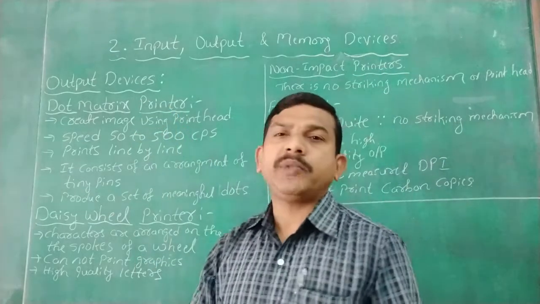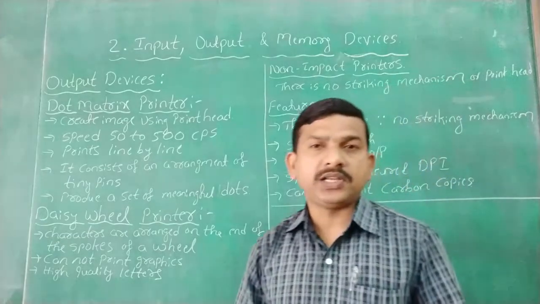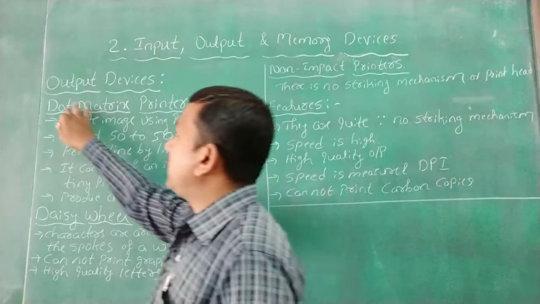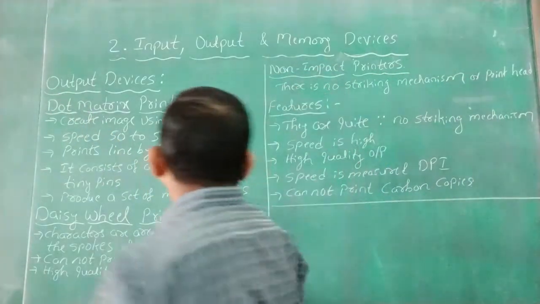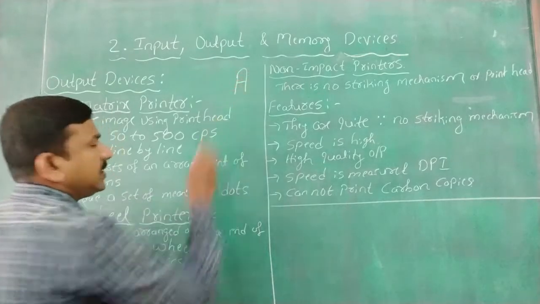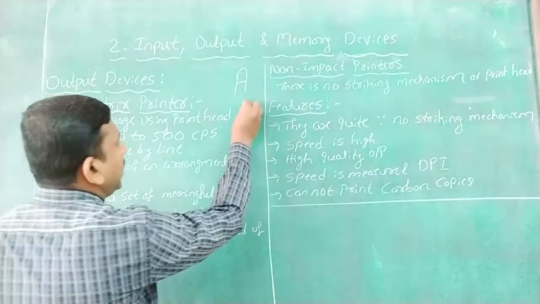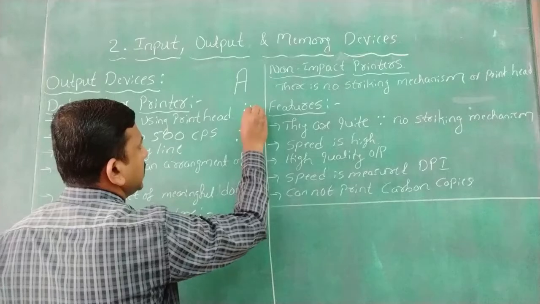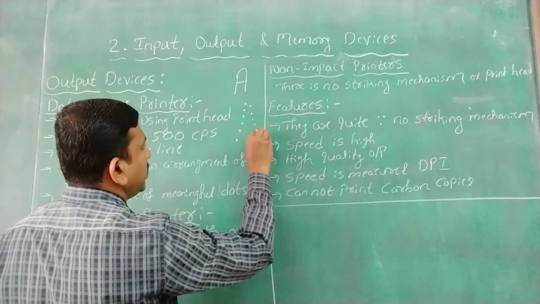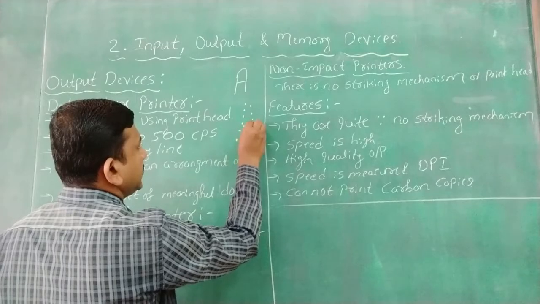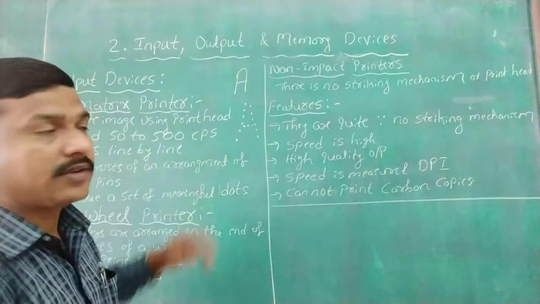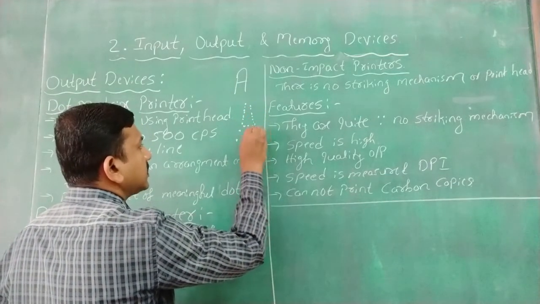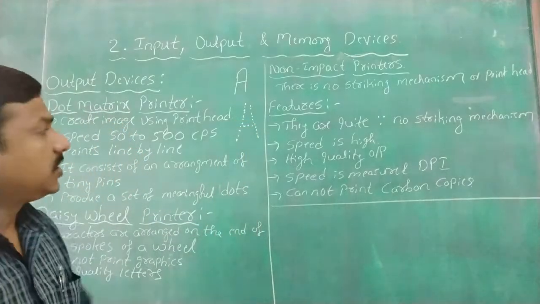So we start with dot matrix printer. What is this dot matrix printer? The word itself says that it is a dot matrix. So how does it print? It looks like dots. For example, I want to print A. Assume that this is A. How will it print? Like this. Using dots, it will print like this. There are so many dots actually. Just I am showing that it looks like A. For example, I will give some more dots so that you can easily understand. Yes, see here. So actually this is A.